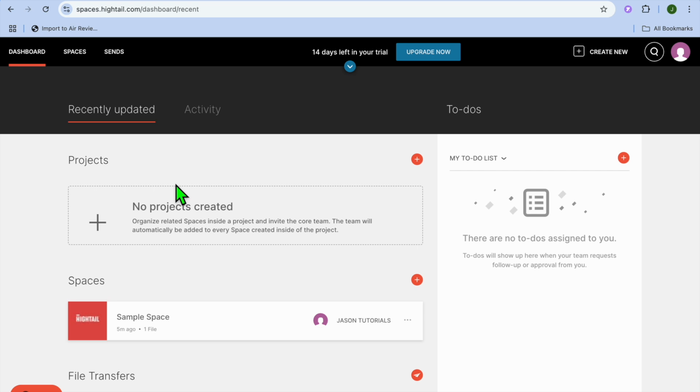And that's it. Hope you have learned something new on how to set up and use Hightail to share large files, collaborate with clients and team members, and track file views and feedback. Whether you're running a design agency or any other form of business, Hightail is a powerful tool for managing your projects securely and